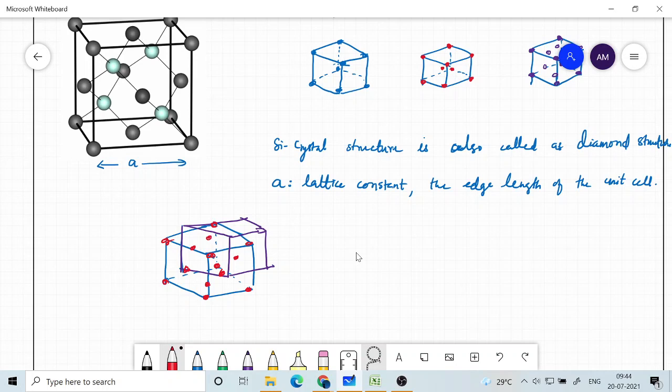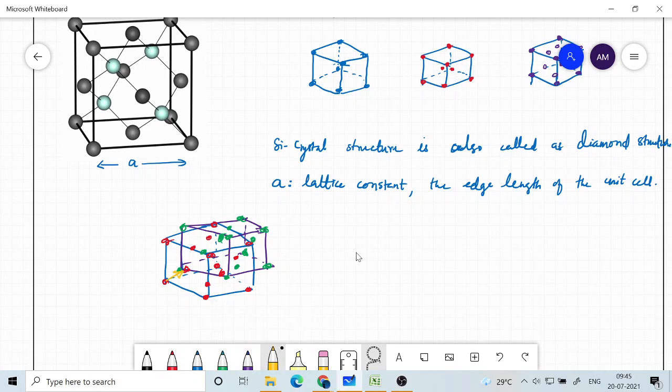So this is the first FCC lattice, and now you think about another FCC lattice which is made by this purple colored lattice. Okay, and you have to put again face centered atoms on each side, and the bottom and the top face. So just like you draw the first lattice, you draw the second lattice.